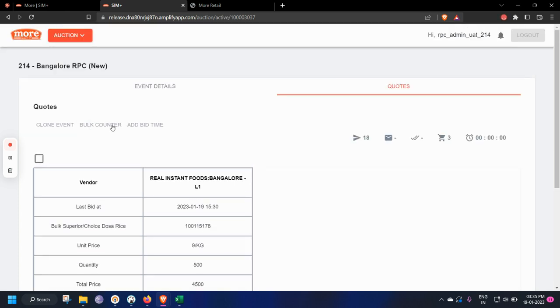Now the bulk counter offer feature has been activated, and I can send the bulk counter to all the vendors that have participated in this auction, for the auction end time plus 10 minutes. So if the auction ended at 3:35, the bulk counter option will be valid till 3:45, so a 10 minute time period, and in this period the vendor will have to accept or